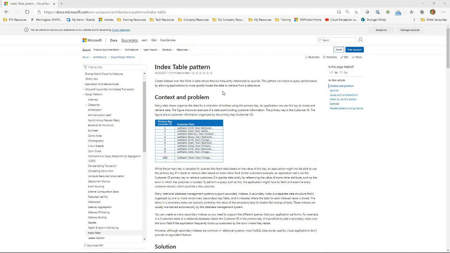I might want to query on their location, for example, or the last date they made a sale, or whatever it is. And with a relational database, that's fine, because I can just create an index on their location, and that's a copy of the data stored on a different attribute, ordered however I want it to be ordered, that I can query directly, and that's going to speed up my queries.